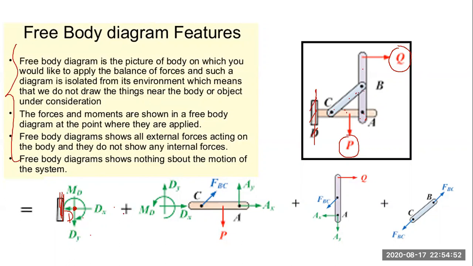Now, why are the directions of Dx, Dy, and MD just opposite to what we have assumed? You can do this, because you can show this diagram this way also. You can assume this is Dx, this is Dy, and this is MD. No problem. Ultimately, whenever we get the answer, all the doubts will be clear. Is it clear? There is no need to worry why we have drawn an opposite diagram to the book. If your concept is clear, you can solve anything.